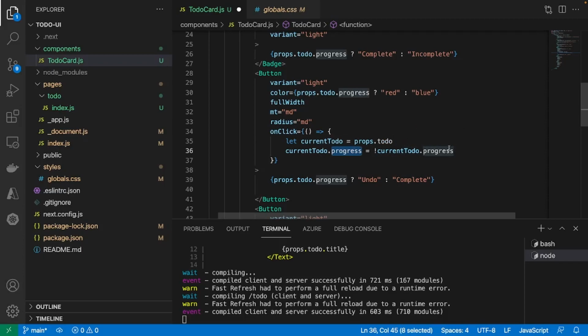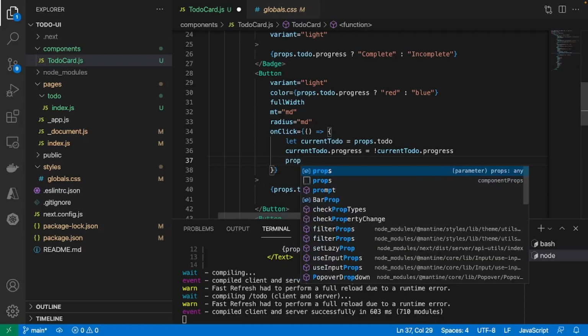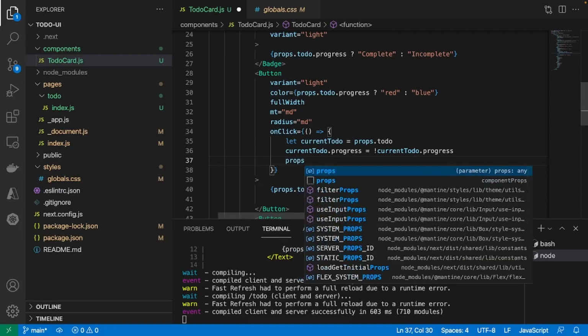If it's false, it's going to be true. And then now what we can do is, like I said, this is going to be hypotheticals, but what I intend on doing is in our props, so props, right? I'm going to send a function to update our to do item, right? And that update function is going to hold a request to our API to update